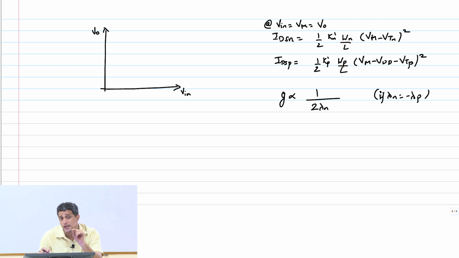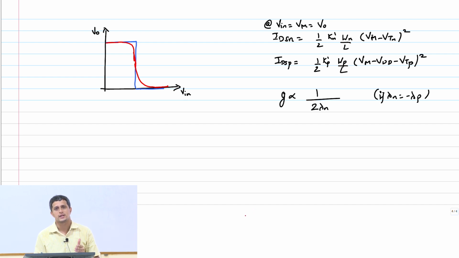This does not mean that the voltage transfer characteristics of a long channel device inverter is an ideal case. It doesn't mean that long channel VTC is like this. That's not true. What actually happens is, this guy is like this, it comes, now at this Vin equal to Vout, here it will be a straight vertical line. Your slope will be infinity. Okay, then it again goes out like that.